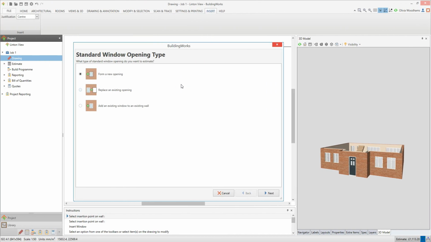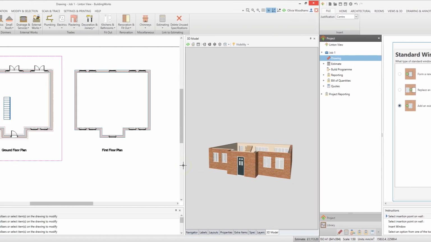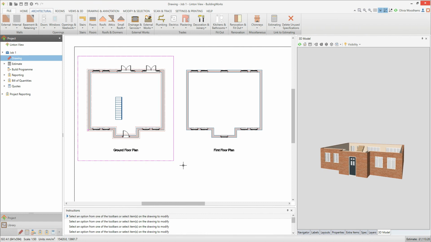When adding any doors or windows to your drawing, select the option to add an existing window or door to an existing wall. This will ensure the existing doors and windows aren't added to the estimate. Ensure that all the other components of the existing building are set to be non-estimated, so that there is no cost associated with them. To set an item to be non-estimated, in this case the staircase, first click on it,